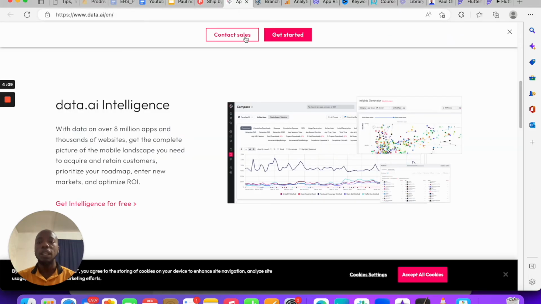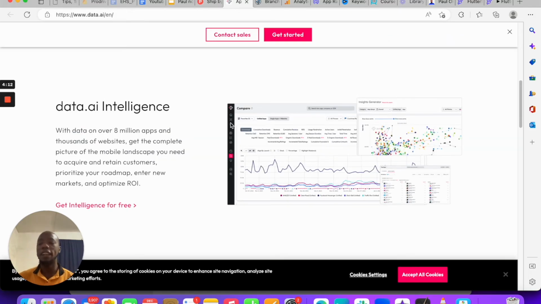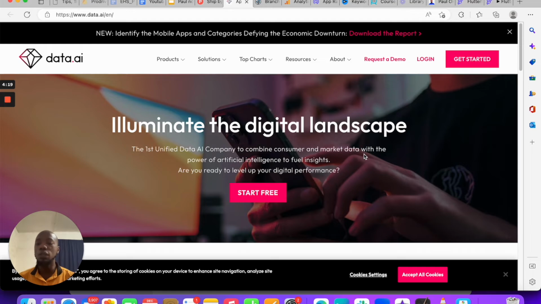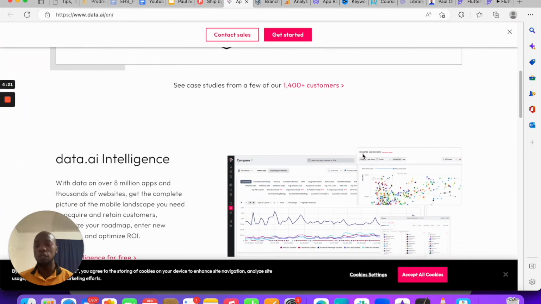That's number 2. Next on my list is Data AI. Data AI can be a little bit complicated, but mostly it enables you to make decisions using data. If you know that your customers are behaving in a particular way, then you really want to give them a product that fits. If your customers are making certain decisions in your application, or giving you certain feedback via this analytics tool,